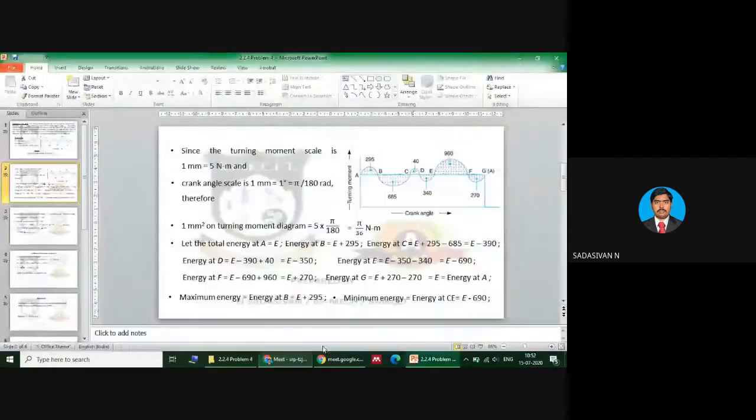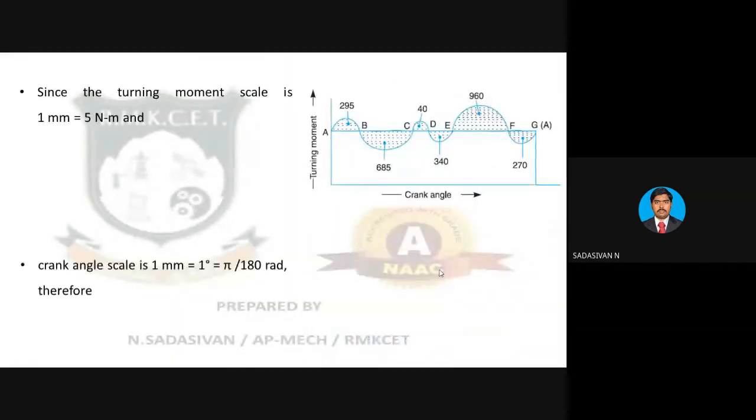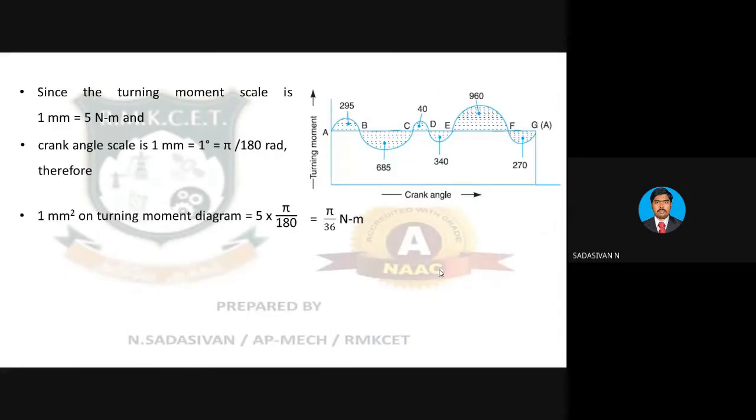Okay, fine. I'll repeat it. One minute. The procedure I will repeat again slowly. You just have to look at this diagram. I am starting with point A. I am going to call the energy at point A as E. You can call it whatever you want, any X, Y, or Z. I am going to call it E because it is energy.